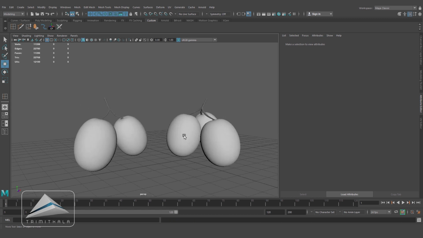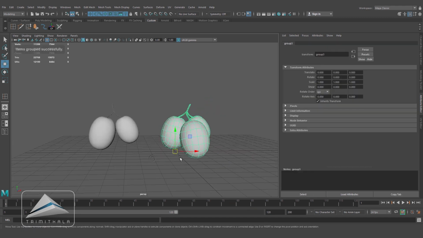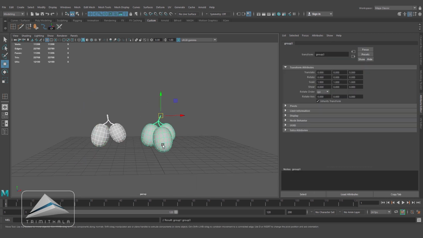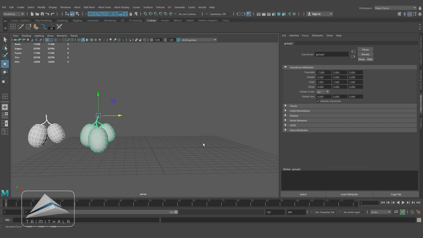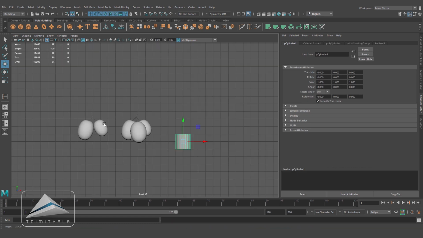Alright, you can see I have already created two variations of it. Now for this also select everything, Ctrl G, and you can see I have grouped it. Now pressing insert on the keyboard and just snapping it at the top. So for this also I am going to do the same thing. After selecting one object, pressing up arrow will select the group, keeping it aside and taking another cylinder.